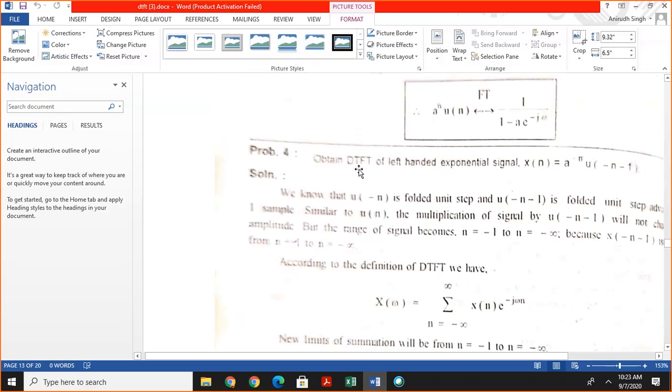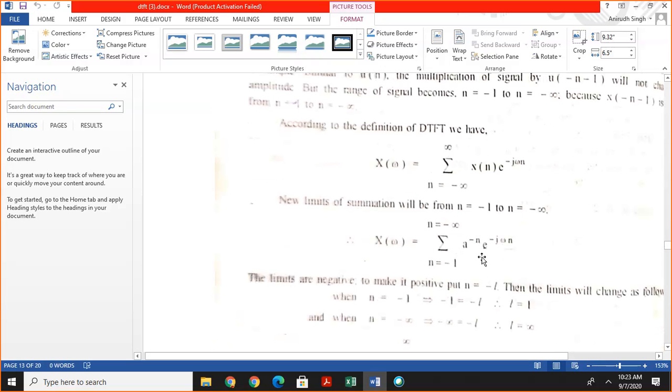Similarly, obtain the DTFT of the left-handed exponential signal x of n equal to a raised to the power minus n u of minus n minus 1. Here it is a raised to the power minus n. Then we substitute the value of x of n into this equation, and we have a raised to minus n and exponential minus j omega n. If we substitute in this equation n equal to minus L,